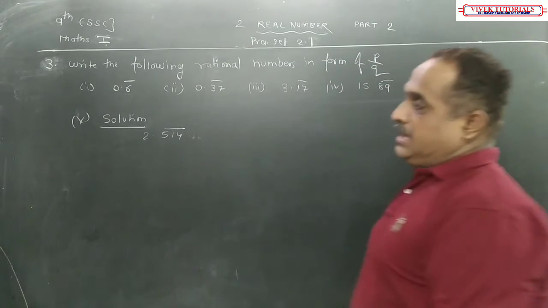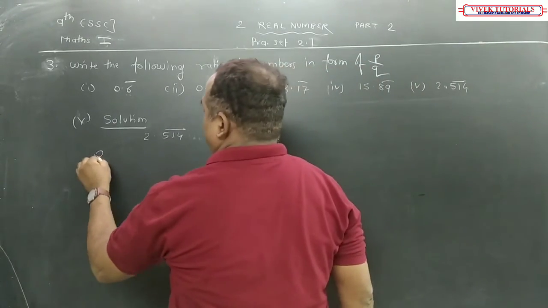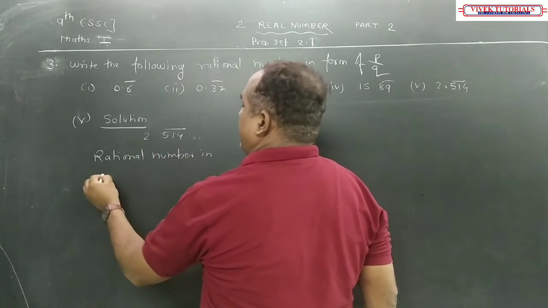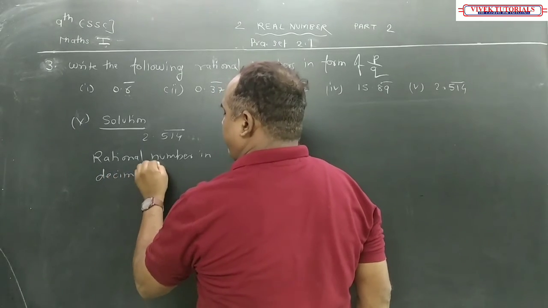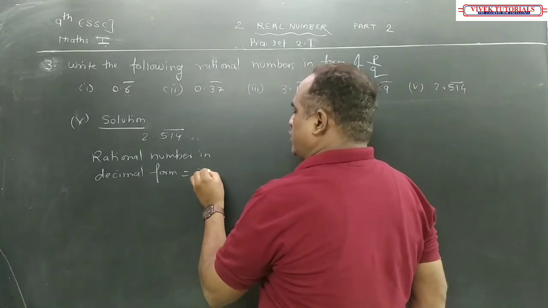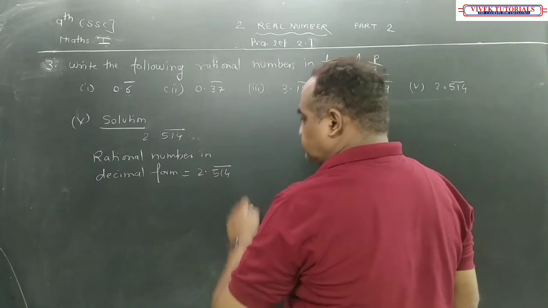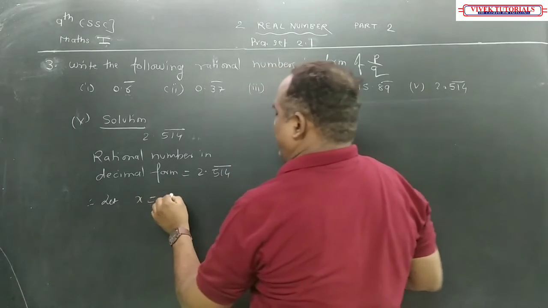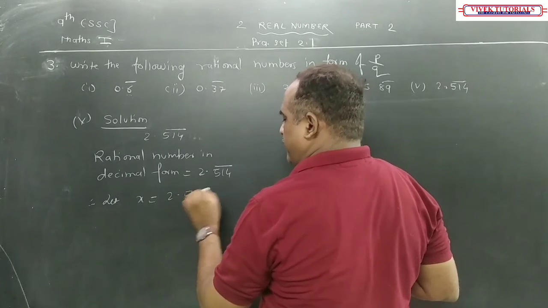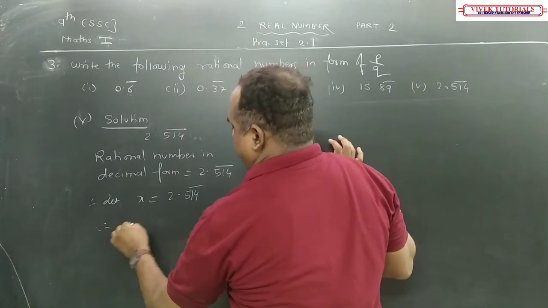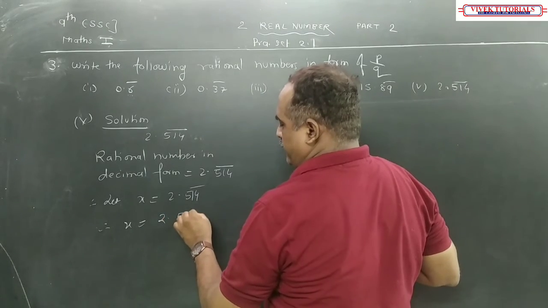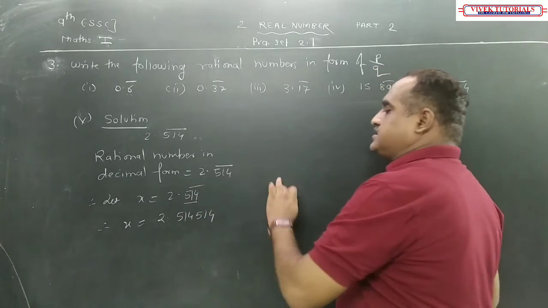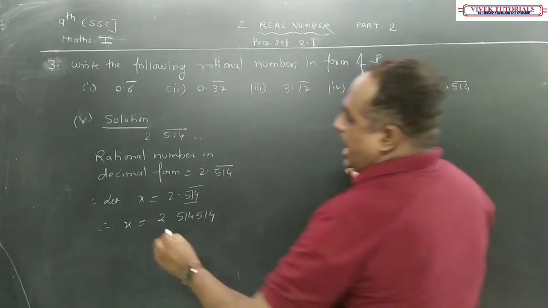2.514 recurring. So, a rational number in decimal form is equal to 2.514 recurring. Therefore, let x is equal to 2.514 recurring. Therefore, x is equal to 2.514514. After the decimal, there are 3 terms which are getting repeated. So, I am going to write